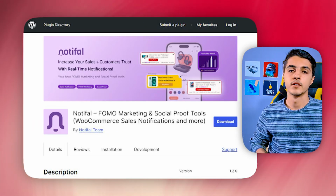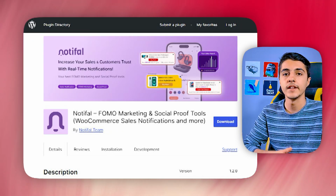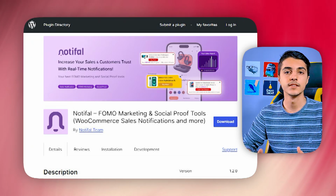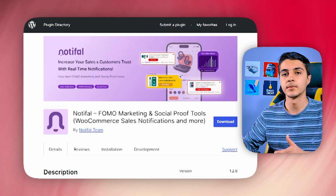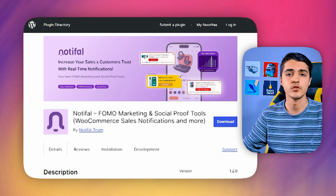If you have a developer, they can do this easily for you. Then I used Notifal to design an eye-catching notification and show it to website visitors. Notifal is a WordPress plugin that lets you display all sorts of notifications, like recent sales, discount offers, low stock